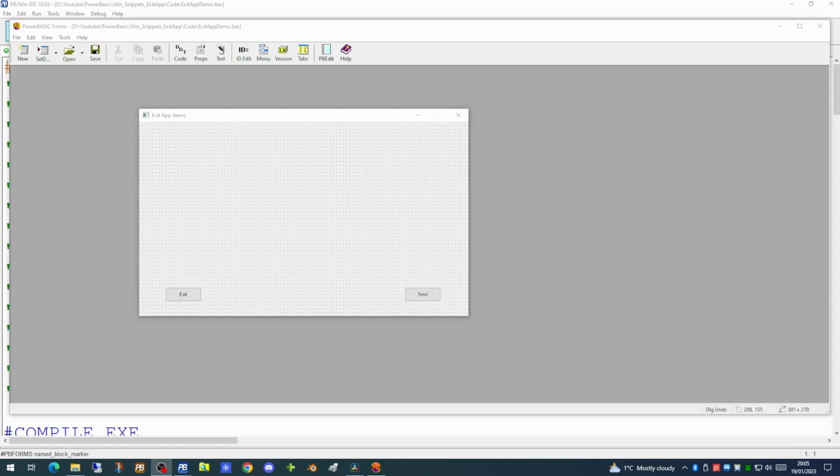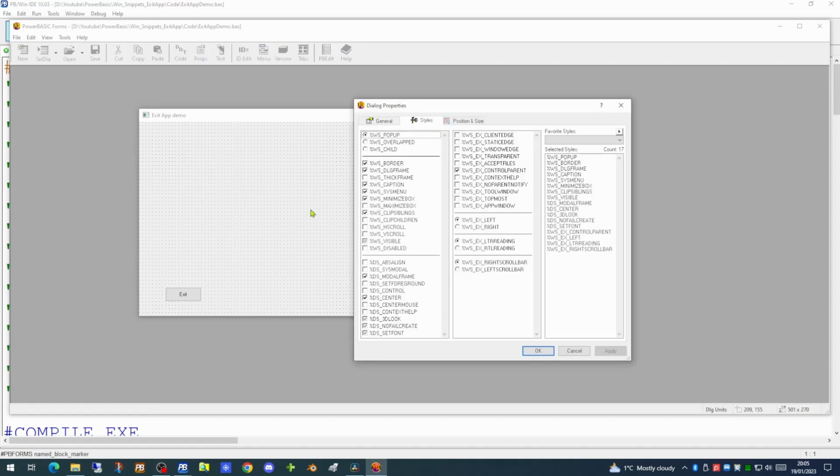If we have a look at the form itself, we will see in the dialog properties we have the caption, the sys menu and the minimize box all ticked. In addition, we have the DS Center option ticked. The center option will center your dialog on the center of your screen automatically.